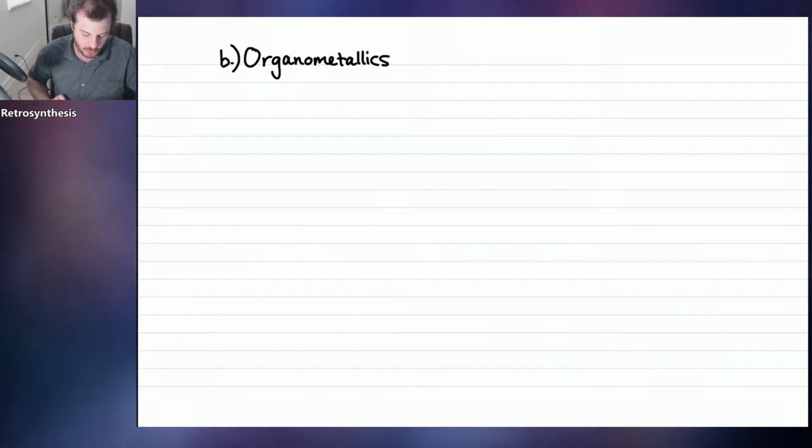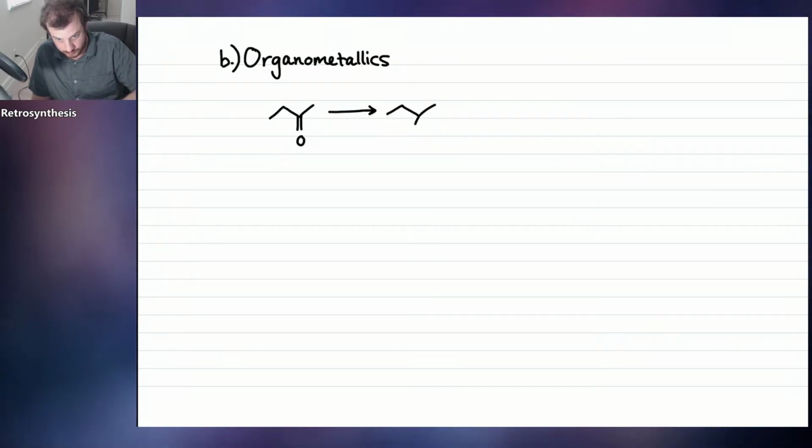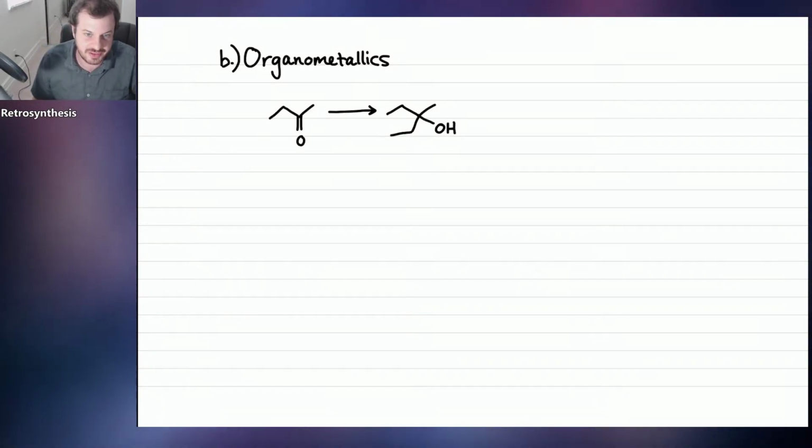Organometallics by far is the more common way to make a carbon-carbon bond. So let's take a look at this reaction here. Looking at this partial reaction, what we can see is that we have 1, 2, 3, 4 carbons in our starting material, but 1, 2, 3, 4, 5, 6 in our product, which means we've added 2 carbons to our original 4. So what I want you to do is look